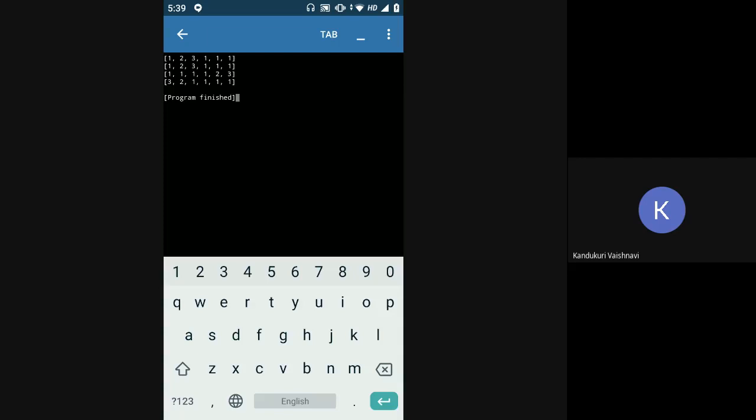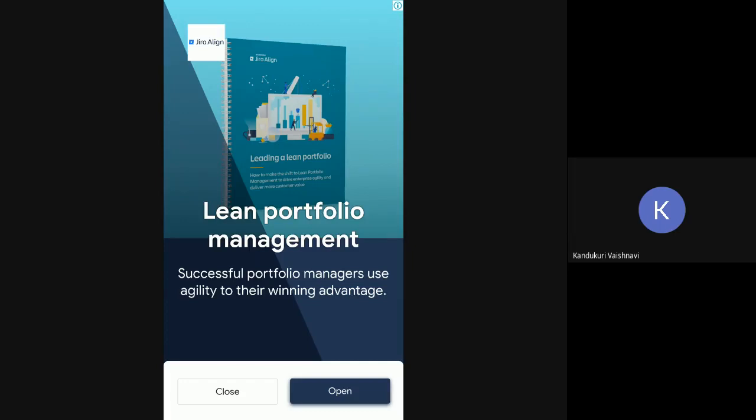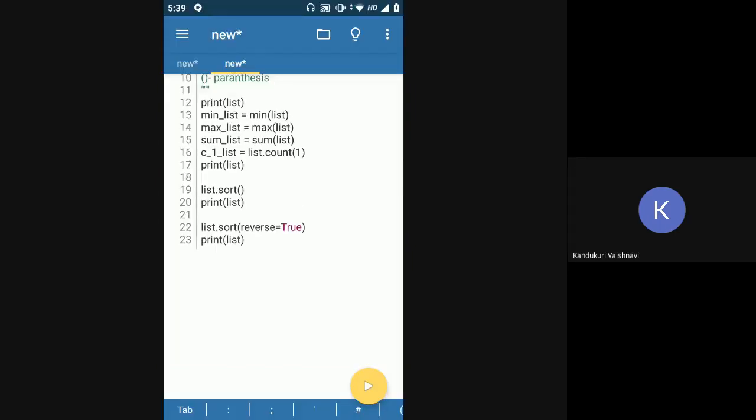So here you can see the third one is the ascending order one and the fourth one is the descending order one. This 3 2 1 1 1 1 is after you use list.sort with reverse is equal to true. So the elements of the list have been reordered in descending order. Okay, you have reversed the ascending order into descending order.